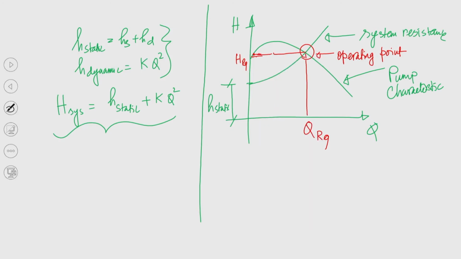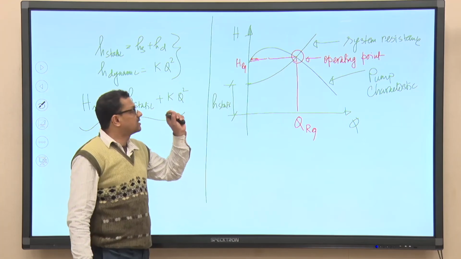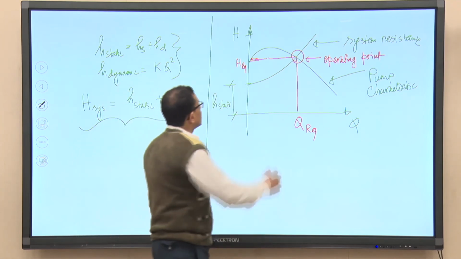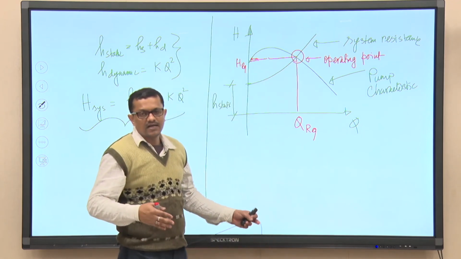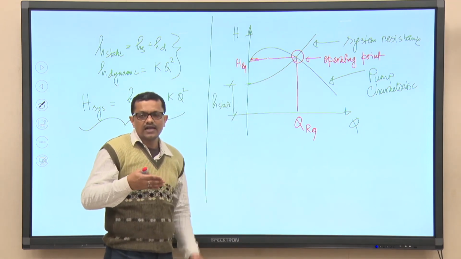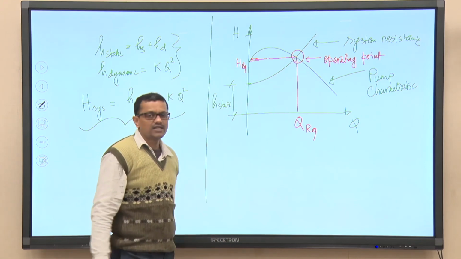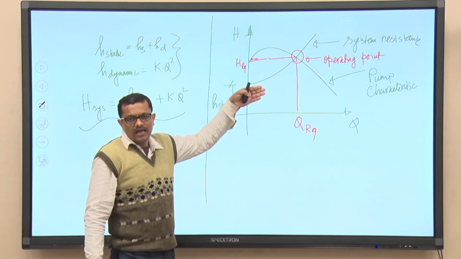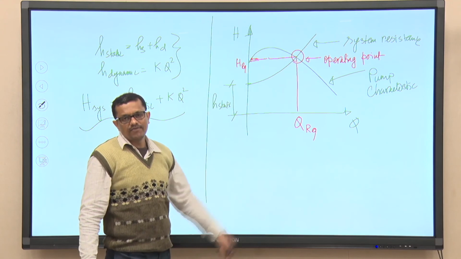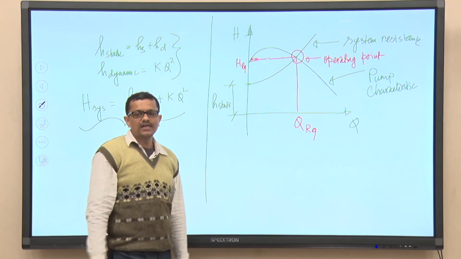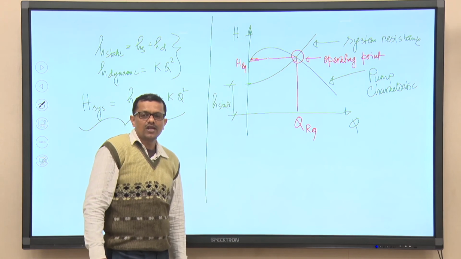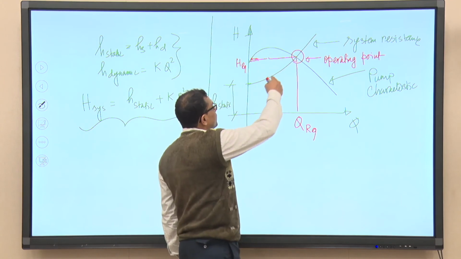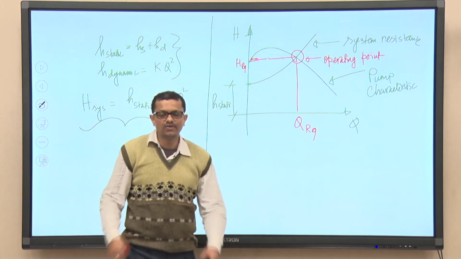Now, you can easily find out whether that head is the required head or not. If that head is equal to the head that is needed, then fine. Otherwise, again we need to go for the alteration of the pump, and alteration of the pump is not always advisable. Having one pump in the pumping station, that pump might have been installed a long time back. Now, if we need modification, then definitely we need to modify the system resistance by altering the geometry, pipeline, all those things.